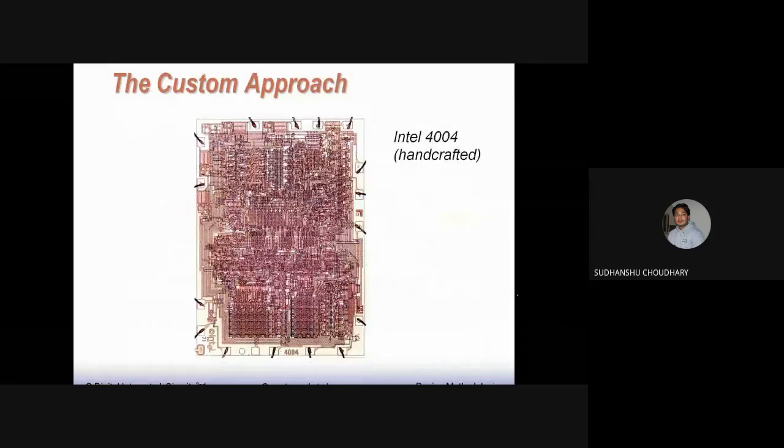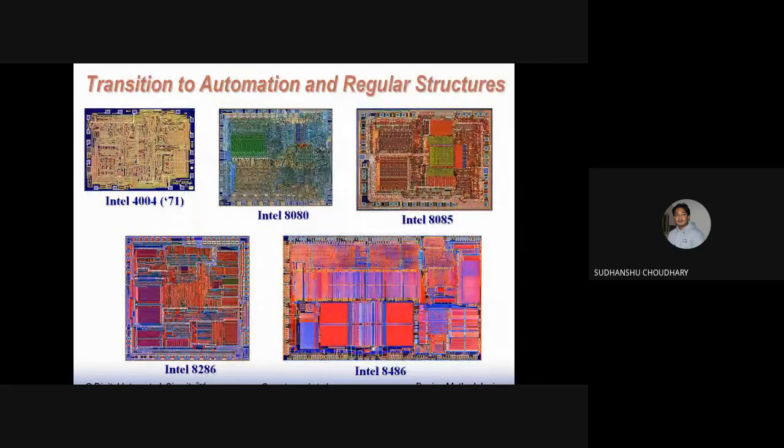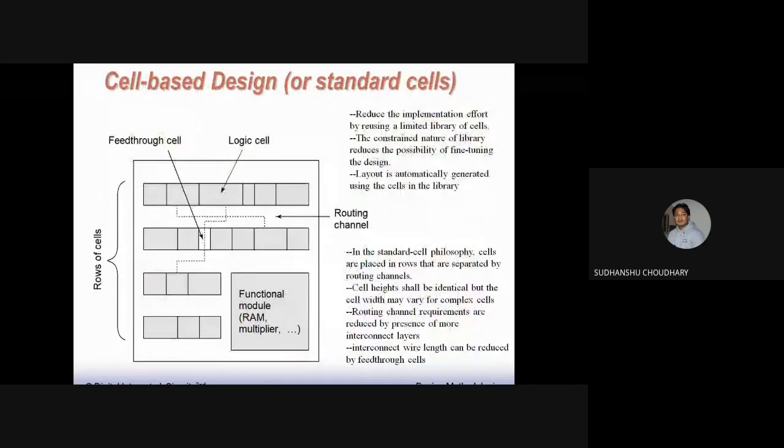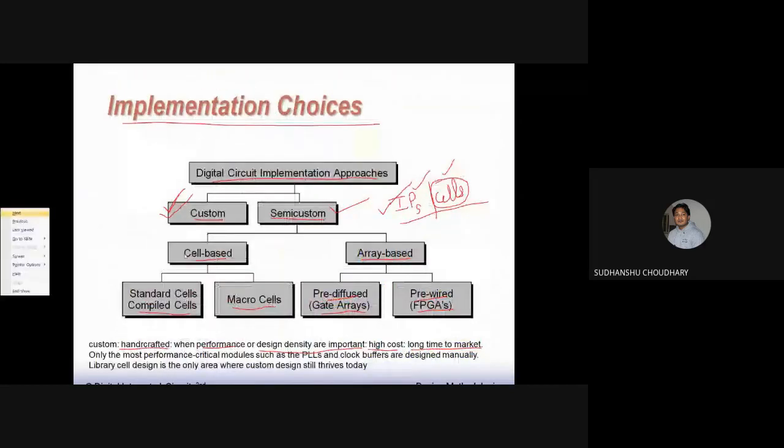Before that, let us see that with the custom approach, sometime back we had seen that in the Intel 4004, all the components were handcrafted, all transistors were handcrafted. Since it had only, I think, 1000 transistors, it was possible to make a microprocessor using the custom approach. But now the high-end microprocessors, for example the Intel series, cannot be made by using custom approaches or handcrafting. They require some design automation because the transistor count is more. So in the semi-custom approach, let us talk about cell-based.